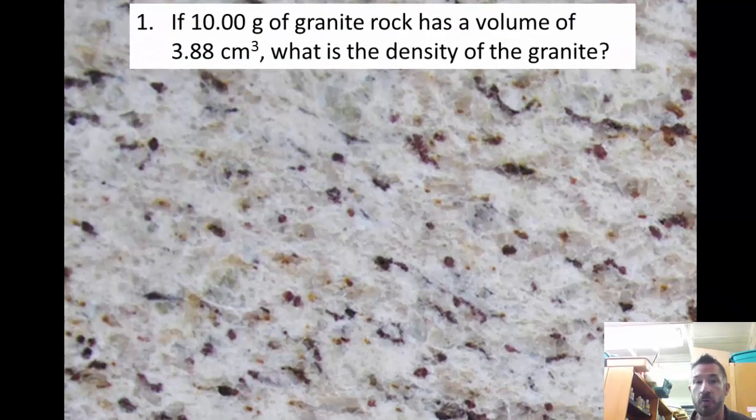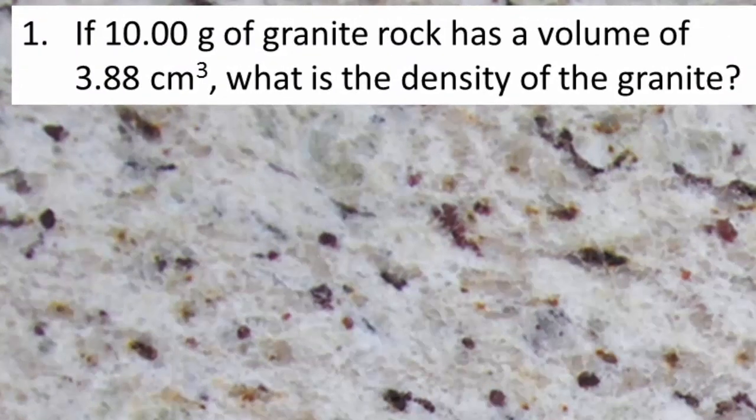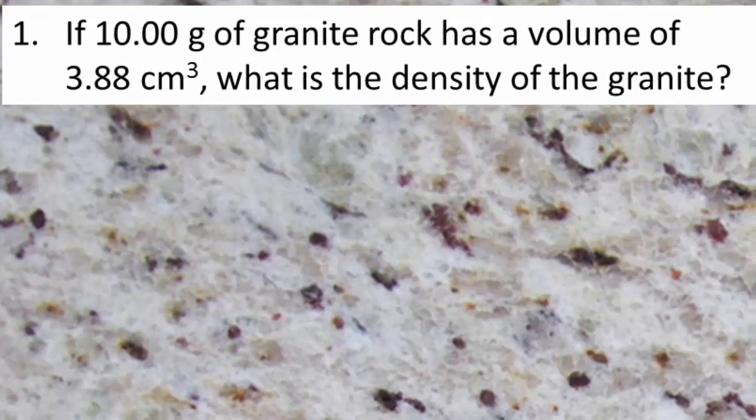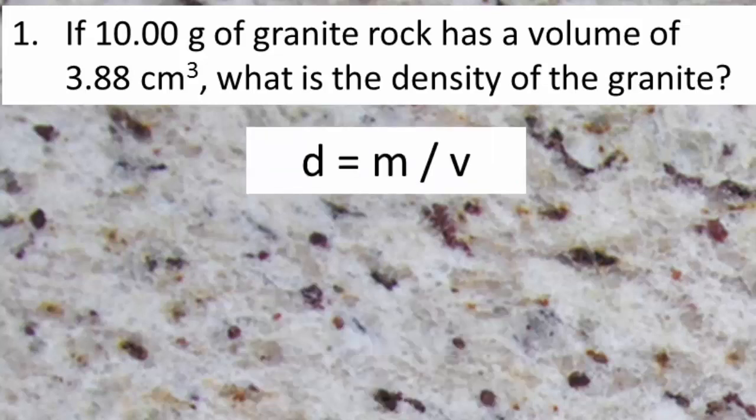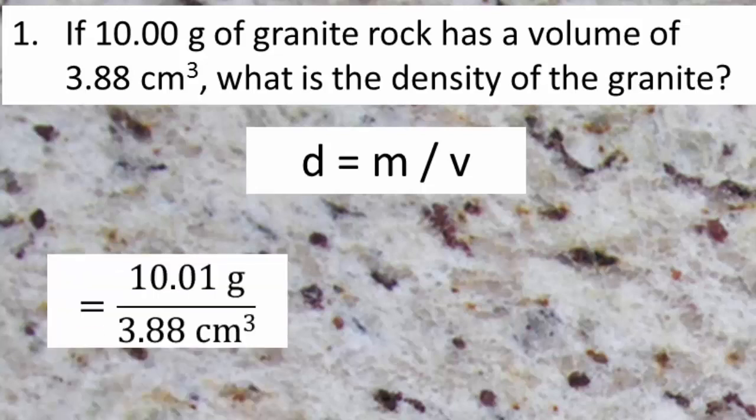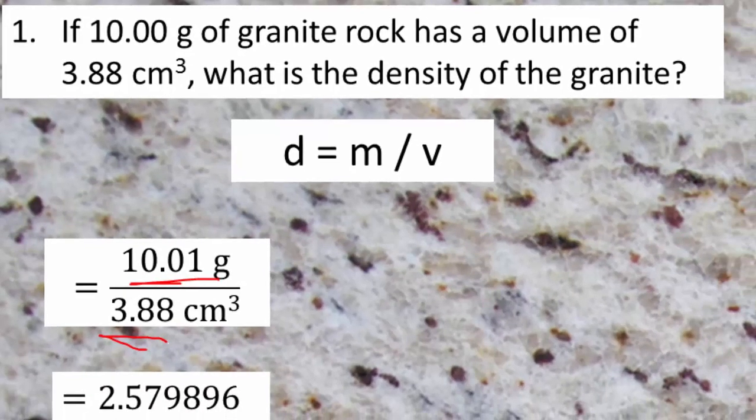The first one is actually one for granite. If you have a 10.01 gram piece of granite and it has a volume of 3.88 centimeters cubed, what is the density of the granite? So we use the formula density equals mass divided by volume. So first we insert the mass. The mass of the rock is the 10.01 grams. The volume of the rock is 3.88 centimeters cubed. We divide those out and you get a number like this,